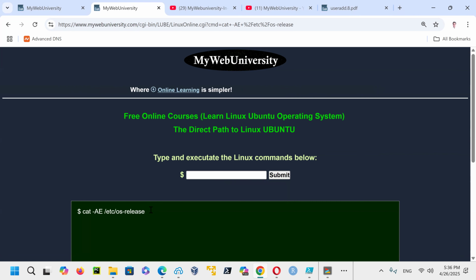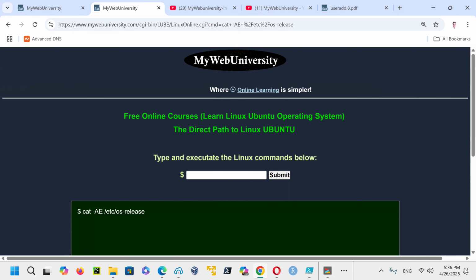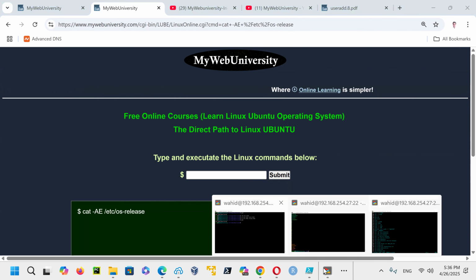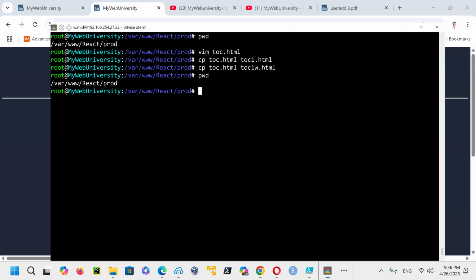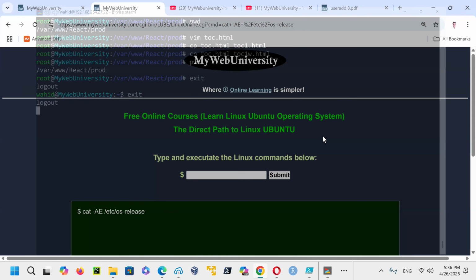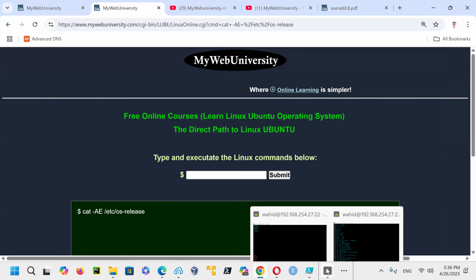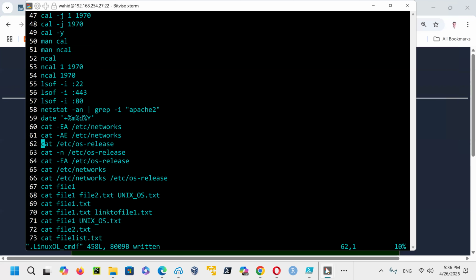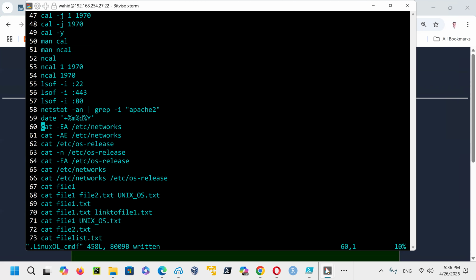Yeah, so I have to check on this one why it is not working, but for the networks it works. So I'm going to look at this file where I have the file. Let me close this one and then open it right here. So the file is already open. I look at the cat command here.